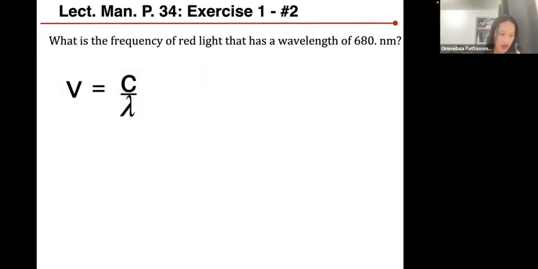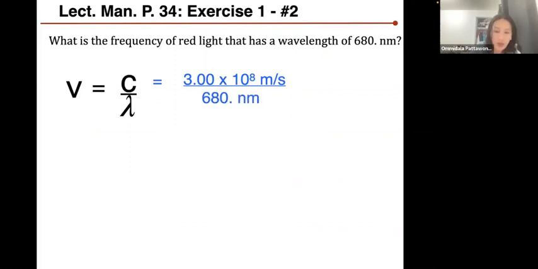Okay, so in this case, according to this example here, we want to find out frequency. So we want to find out this, right? It's giving us wavelength, lambda. That means in this case, all you have to do is that you know the speed of light, you know the wavelength, and you just need to divide them, and that's going to give you the frequency. So if you plug in the speed of light, and then plug in the given wavelength,